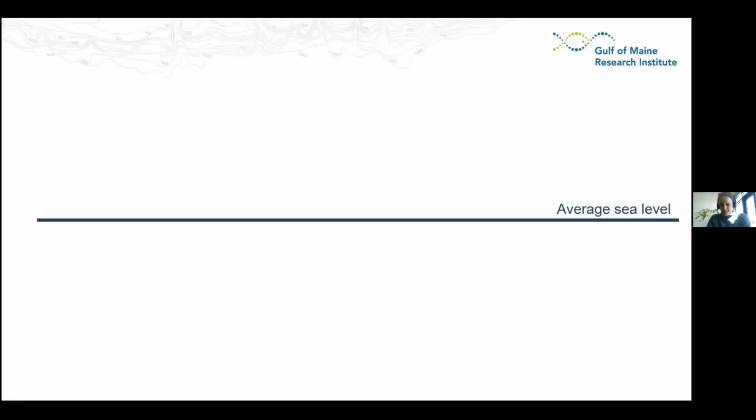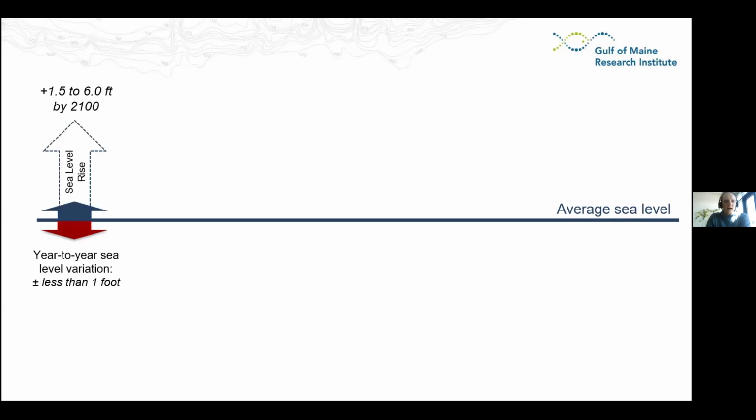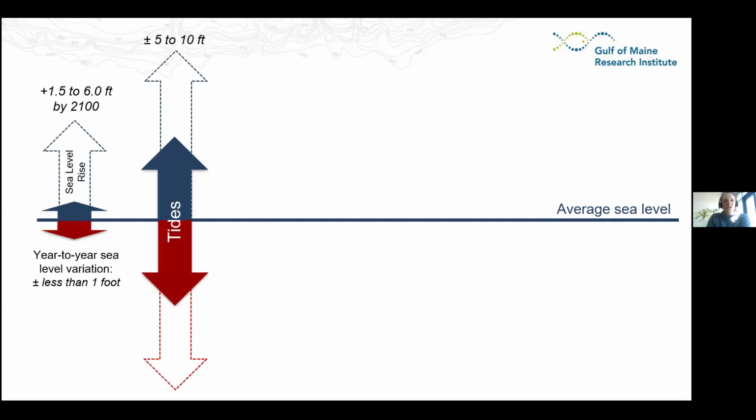Another way of looking at this is a diagram I often show when I go in to give community presentations and try to talk about what the drivers of flooding in the Gulf of Maine are. We have both the long-term rise in sea level and year-to-year sea level variability that controls water level. Depending on where you are, that might be big or small relative to our tidal range, which can raise and lower water level 10 to 20 feet per day.